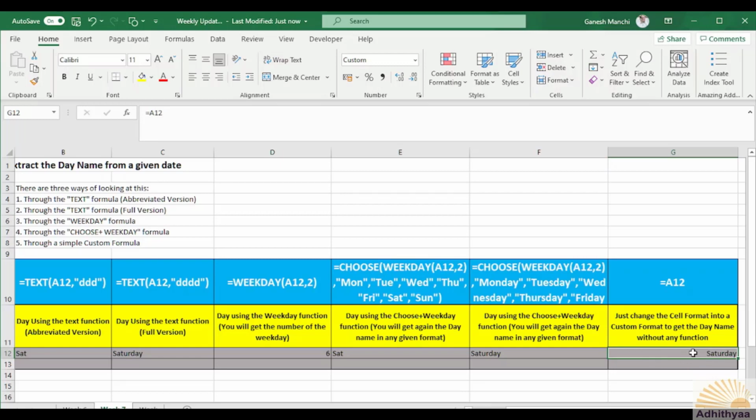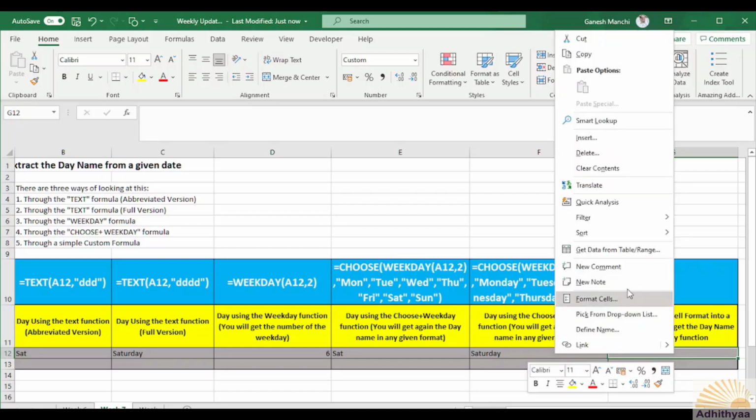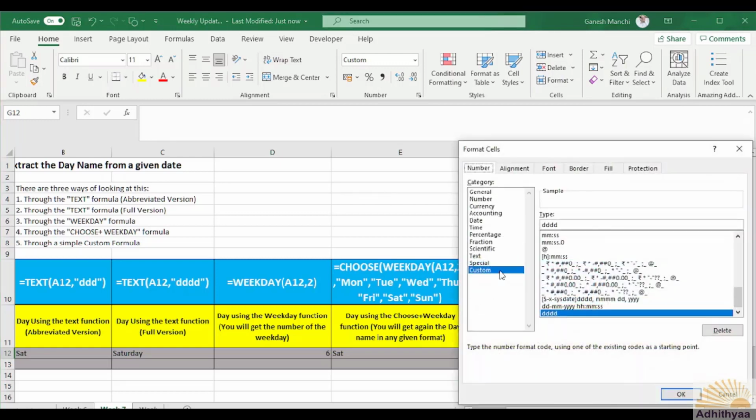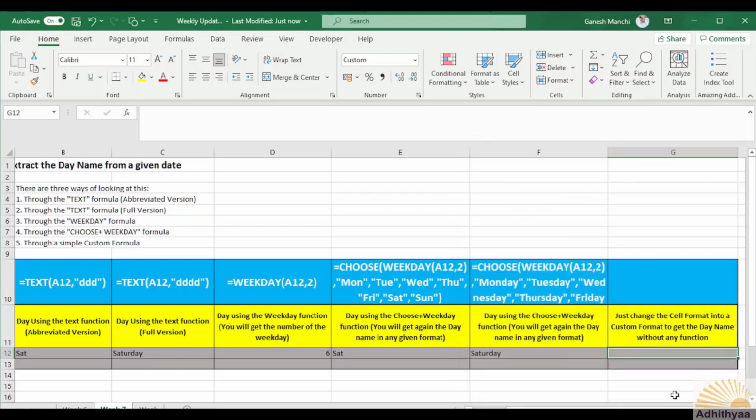So you can simply remove this, and then change the format of this particular cell: right click, go to format cell, and then go to custom, and then see for DDDD, it is available here. If it is not available there, simply press DDDD and you can choose this. Okay. Now you can press equals to A12, this Saturday. Right? How simple it is, you see.